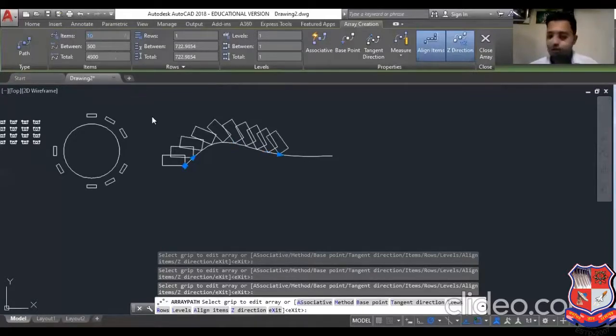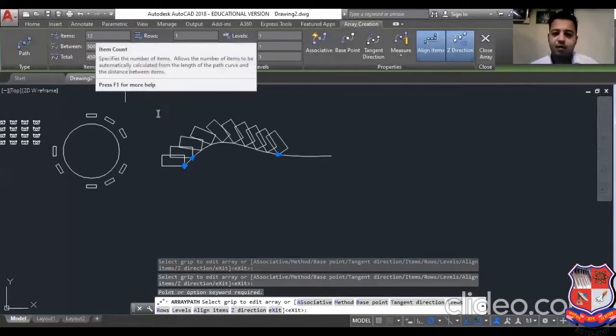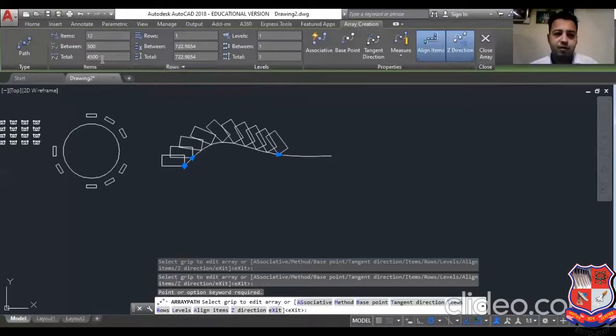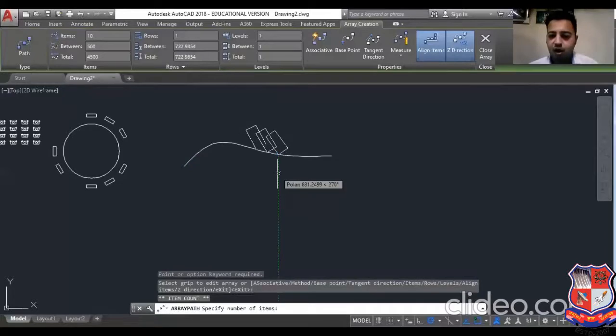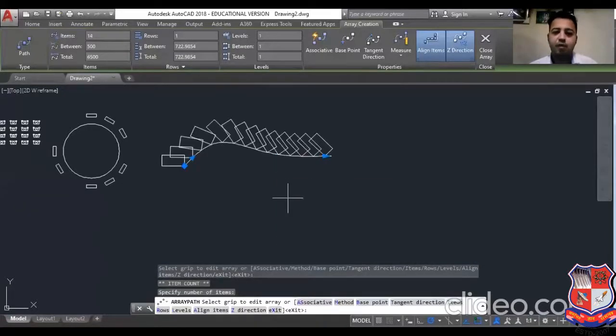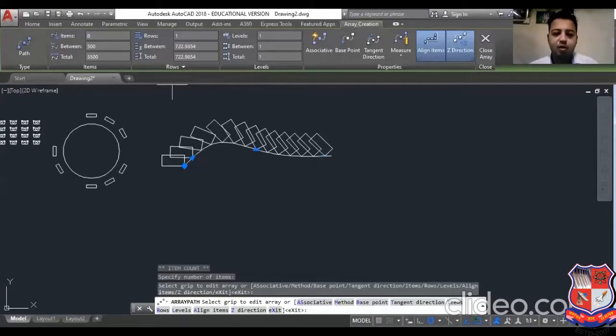Okay, if you want to set it as 15, it is out of limit right now. So I will say it is 12. You can select it. Here the one arrow is the modification arrow, and you can do it like this, and the number of items is going to be changed. Now if you want to decrease, meaning only 8 objects, then also you can do it.